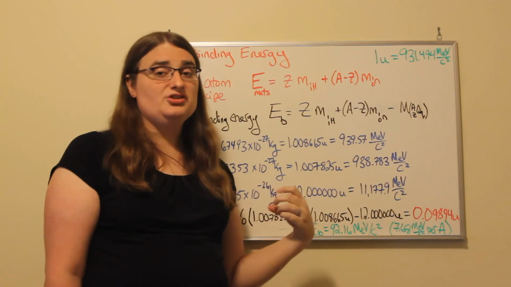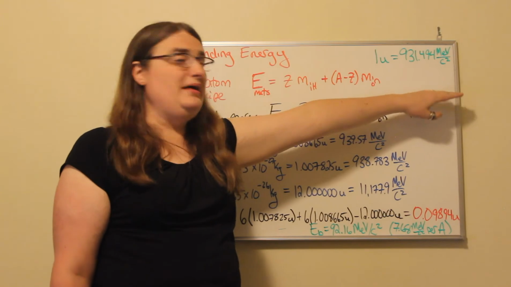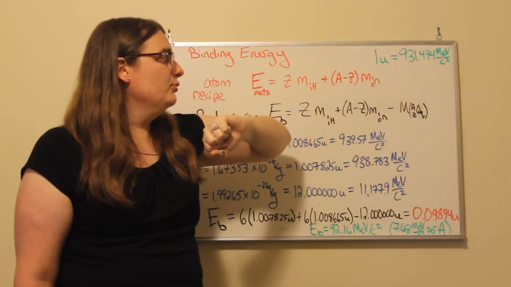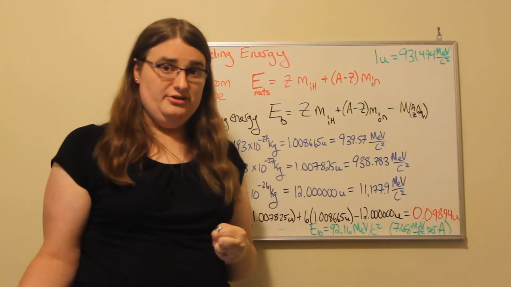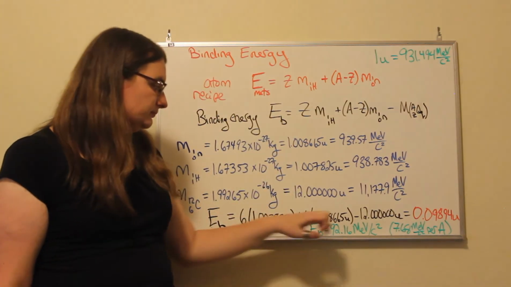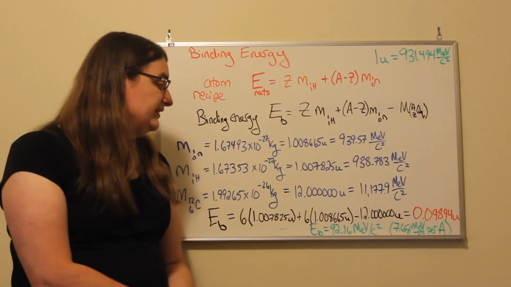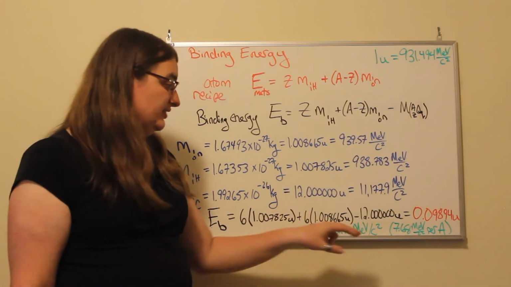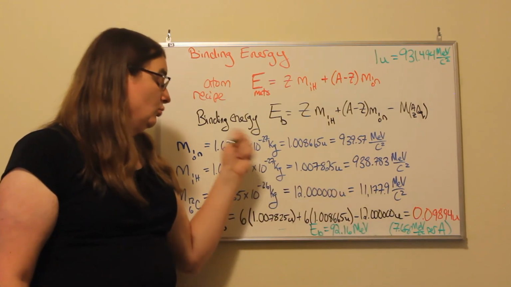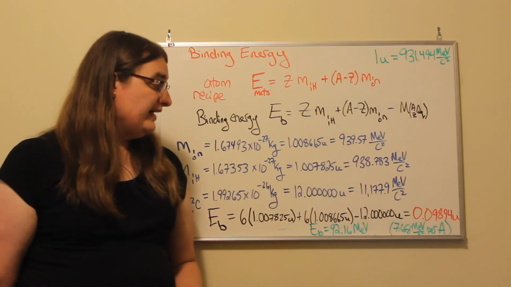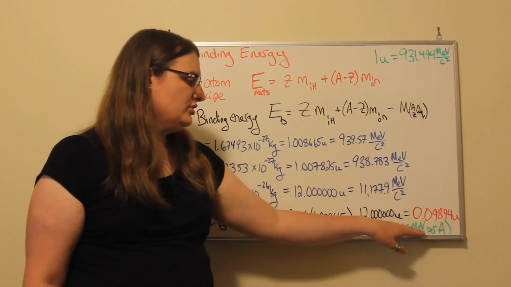Now, every 1 atomic mass unit has an energy of 931.494 mega electron volts divided by the speed of light squared to make it a mass. 931.494 mega electron volts in terms of the binding energy itself. So the binding energy would be 92.16 mega electron volts for the case of 1 carbon-12 atom, and that works out to 7.68 mega electron volts